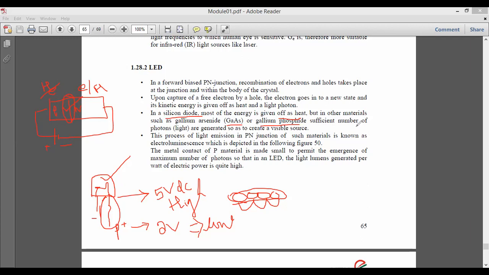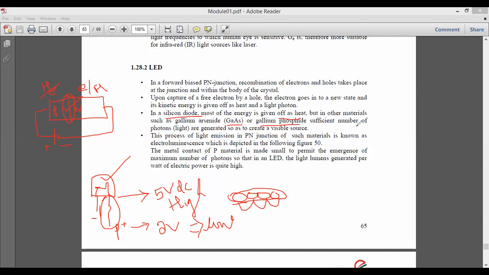But if you change the material, then sufficient photons are generated so that the visibility of light is more. This process of emission of light in a PN junction diode, by making use of a material like silicon, gallium arsenide or gallium phosphide, is known as electroluminescence.